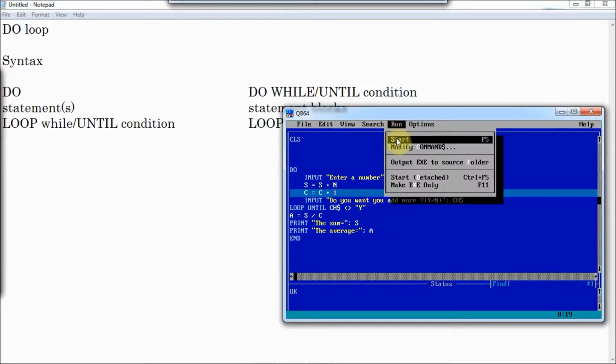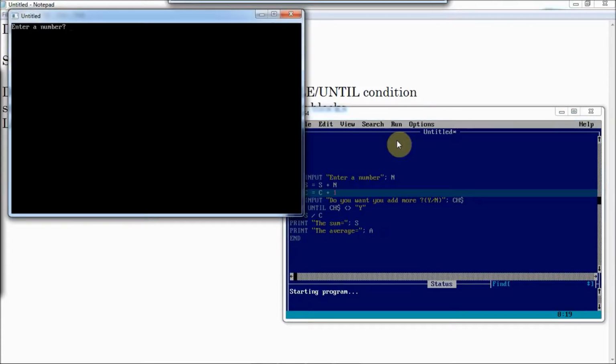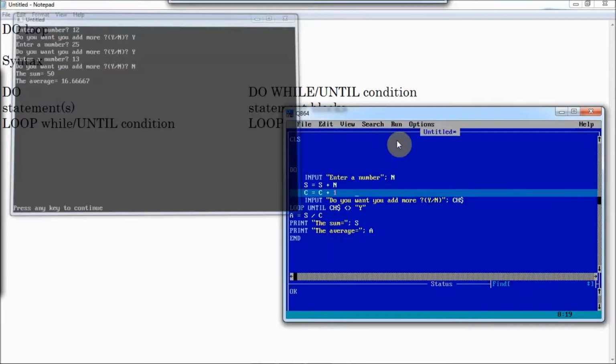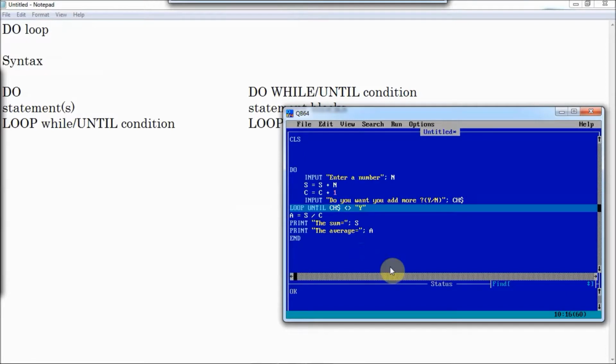Let's run this. Enter a number, suppose 12. You want to continue? Yes. Next number 25. Do you want to continue? Yes. Next number and 13, suppose. Do you want to continue? No. So sorry, sum is 50 and the average is 16. So let's try again. Let's make it no. CS$ equals to,